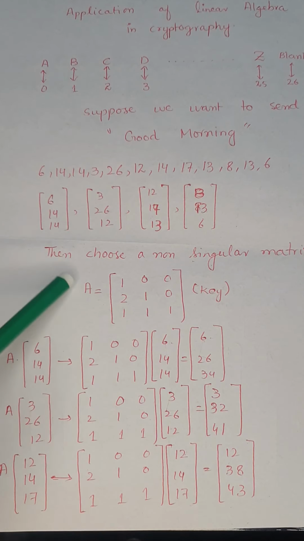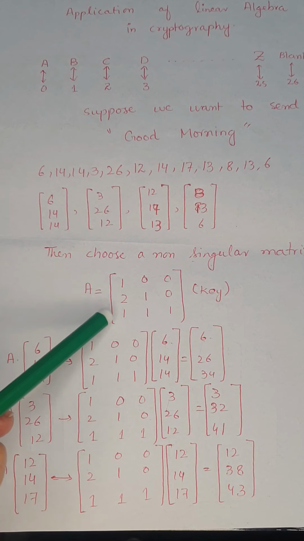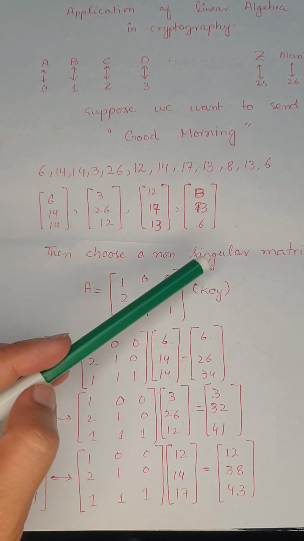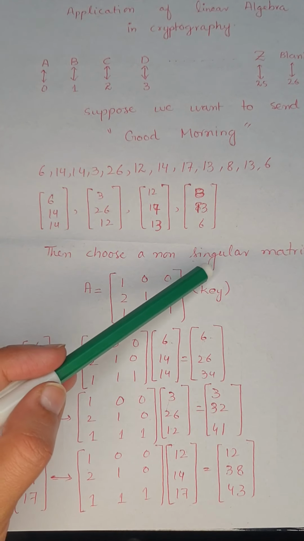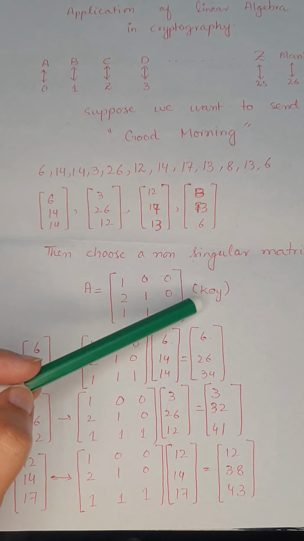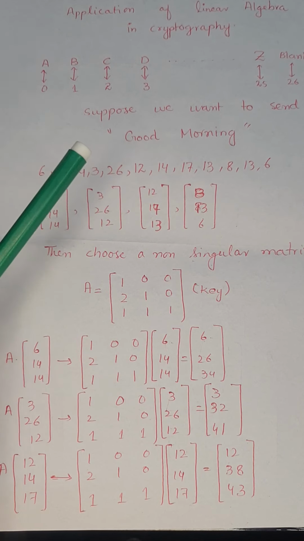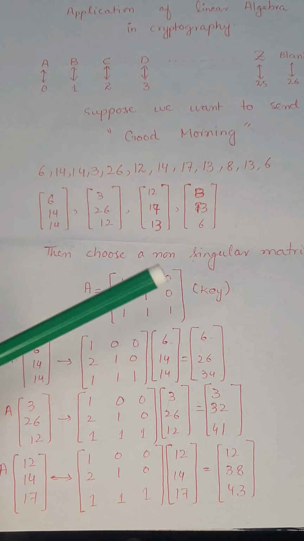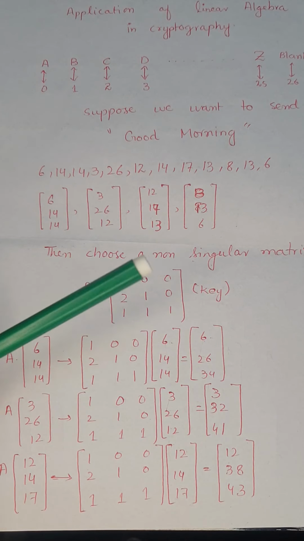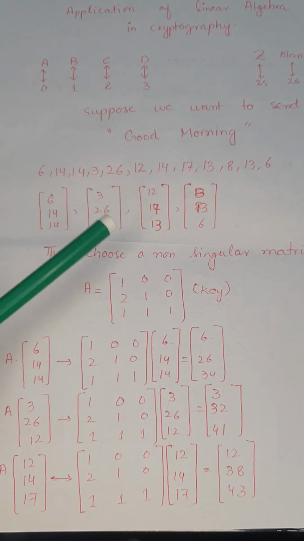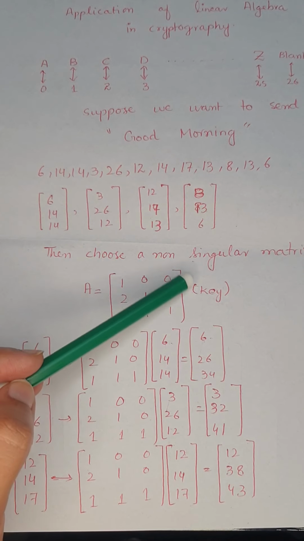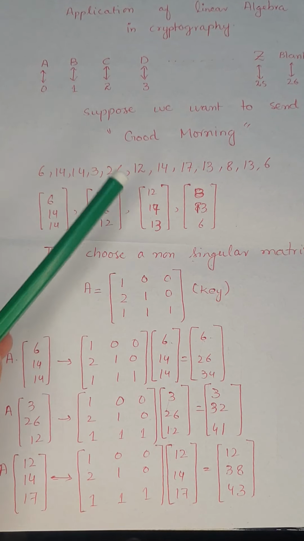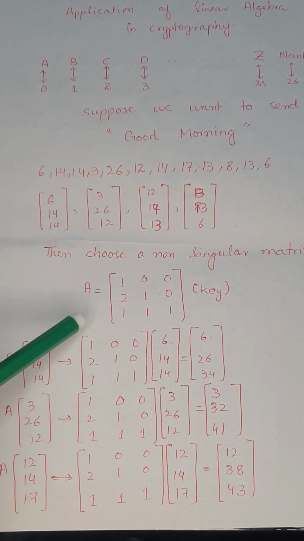Then I am going to choose a key. Let's say it's a matrix, preferably a square matrix, and the property of the square matrix should be that it should be a non-singular matrix. Why? Because if I am using multiplication for encrypting our message, then while decrypting my message I have to find the inverse of the matrix. So that's why a non-singular matrix is chosen. You can also see later on how it will work.